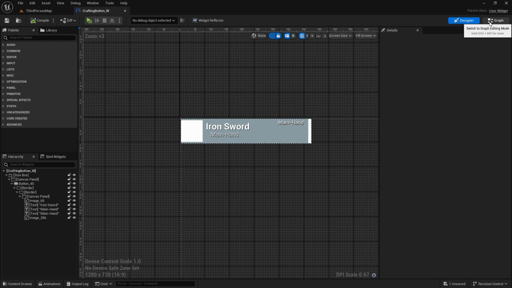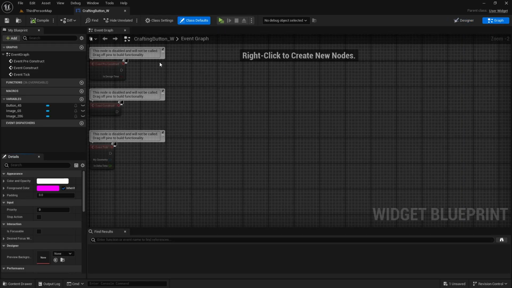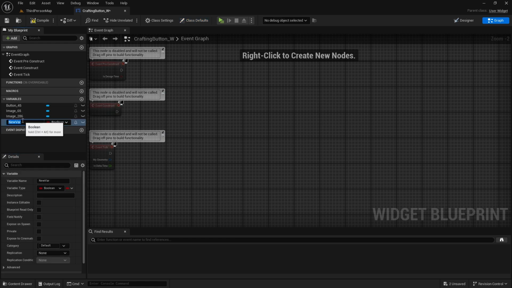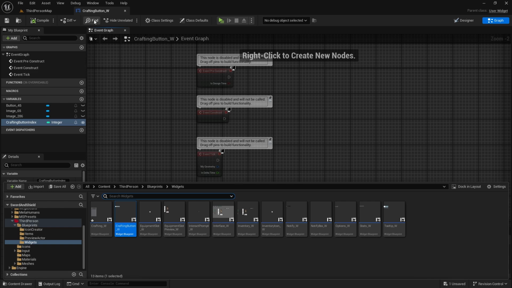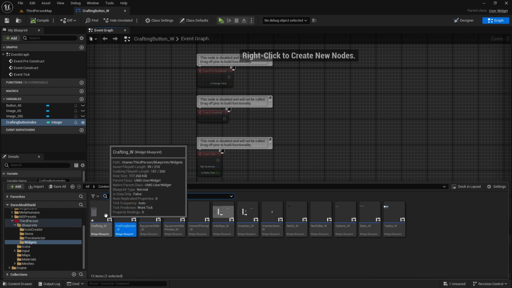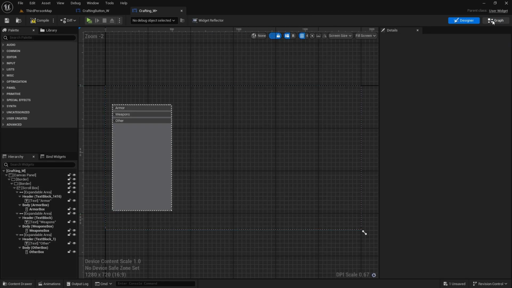To do that, go to graph and we will set up an index for each button. So in your variables add a new one, and this will be crafting button index. Type integer and we'll make it instance editable and expose on spawn. Compile and save. Now where we're creating these crafting buttons, which is in our crafting widget, go to graph and